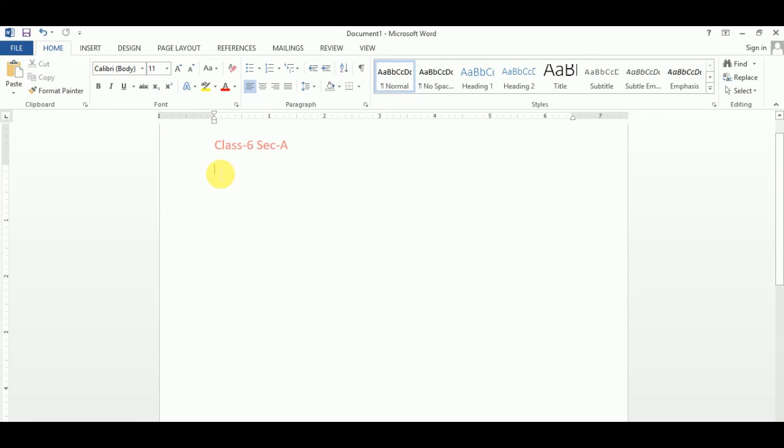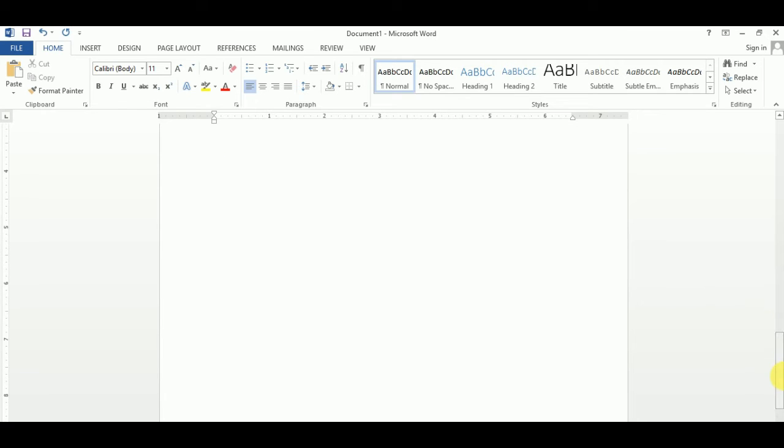Suppose I want to write some text in my document, for example "classic ABCD", just an example, don't take it seriously. After that, press the Enter key, which means the next page will come. You can see the next page will come.